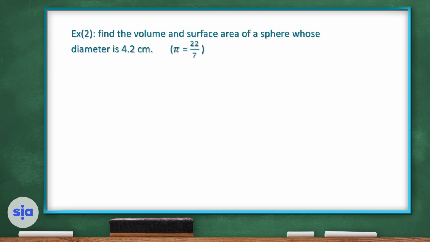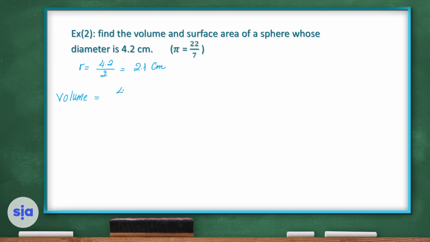Exercise number 2: find the volume and the surface area of a sphere whose diameter is 4.2 centimeters long. If the diameter is 4.2 centimeters, then the radius is half the diameter. So the radius is the diameter over 2, which is 2.1 centimeters. To find the volume of a sphere,